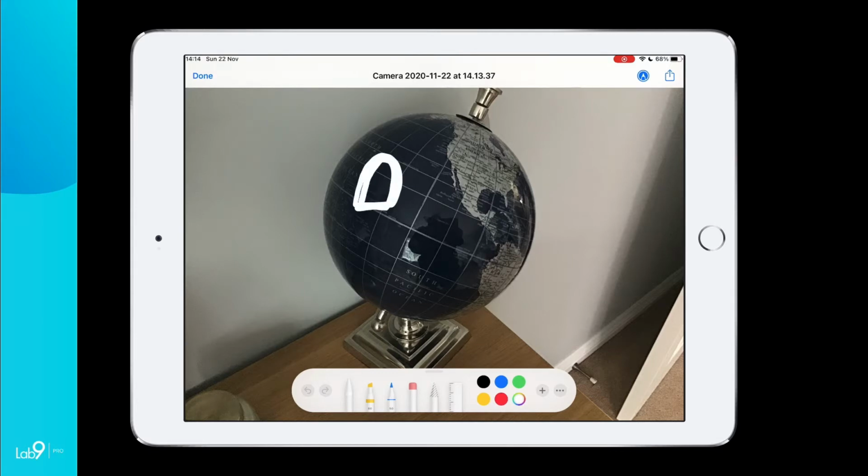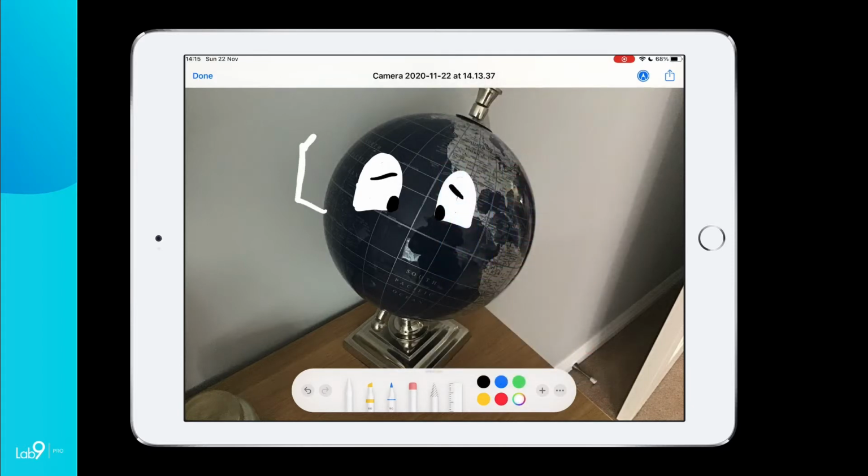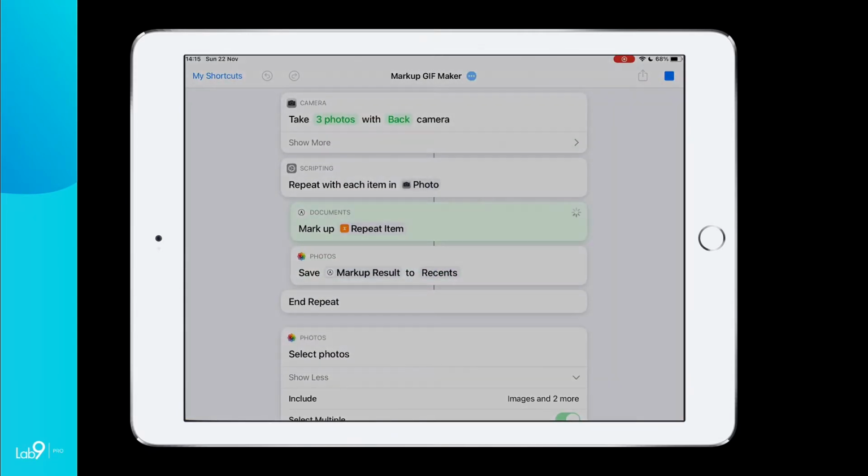Now, as I'm progressing again, this is just frame 2. So I'm going to do a subtle change. Now, if I had a bit more time and I was doing this face to face with you, we might move the globe around as we took the next picture. Students could do this working in pairs. One of the students holding the iPad, the second one managing the object, the subject of the animation that we're going to be creating. So even though it's a single app or a single feature, the collaborative communication, all of these skills that we can build in pupils is extremely powerful,